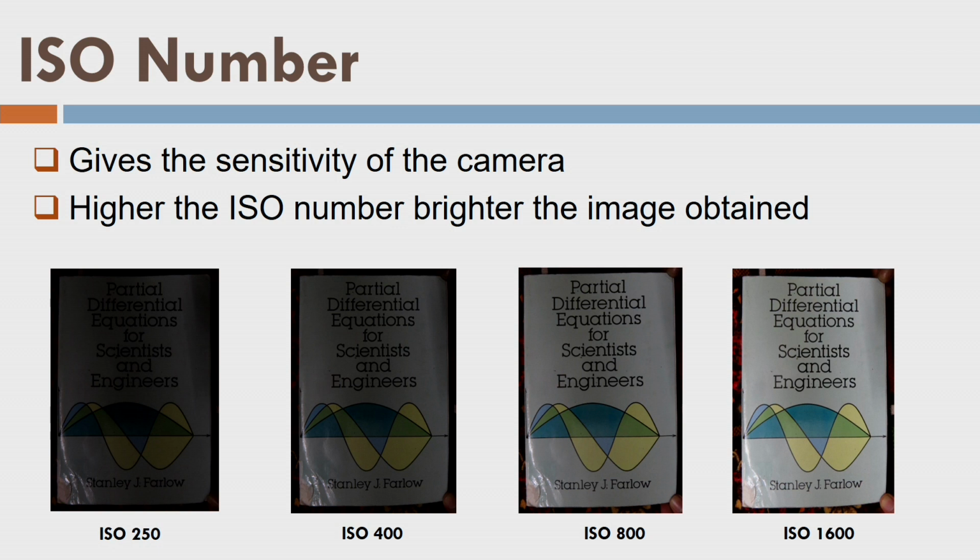Now ISO number. ISO number is controlling the quality, or the radiometric quality, or the brightness of the images. You see, if I put it in dark time at ISO 250 and I am increasing the ISO now, I am getting brighter images, right. So that is the kind of operation of the camera. So when the camera provides a higher ISO number, even in the time of dark it can acquire good images, right. So it is basically the sensitivity of the camera to the brightness of the scene.